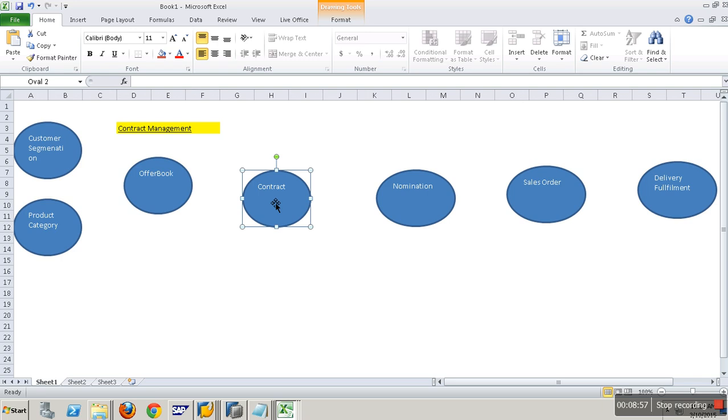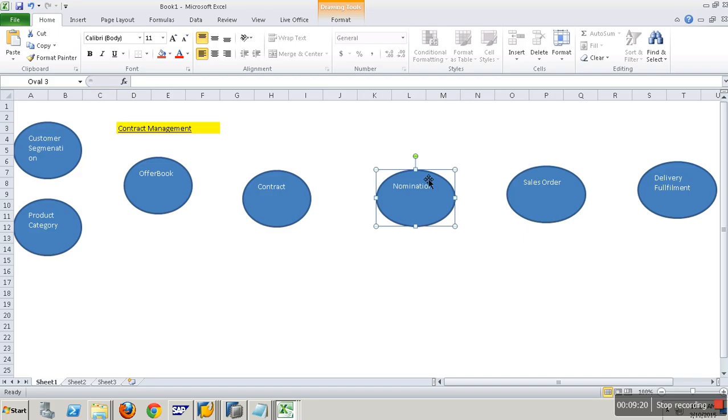Then based on that you should enter into a contract. In the contract you'll have all the agreements. In the contract deed you'll have all the settings, all the options maintained. Less than full truckload, am I agreeing or not? Last minute changes, am I agreeing or not? What is my nomination date? I'll tell you what nomination is: on which day my customer has to nominate how much stock, that is nomination.